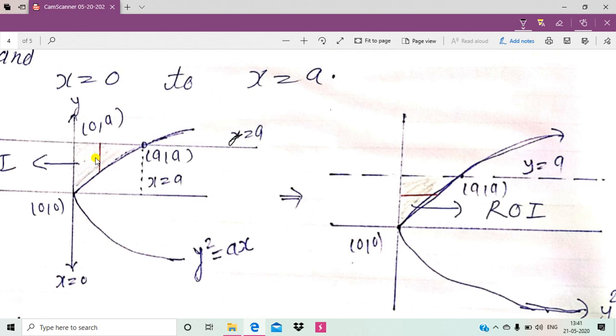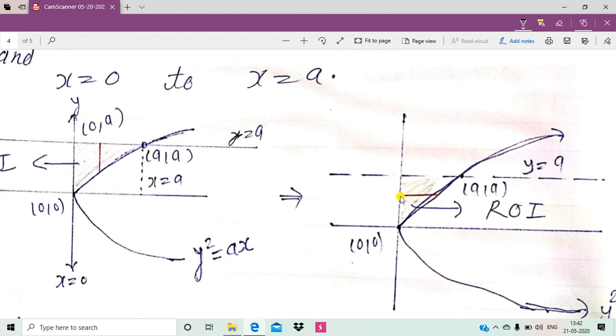So if we have to change the order of integration, then we keep the region of integration constant. We just make the vertical strip horizontal to make the limits of x variable and the limits of y constant. So we try to cover the region by horizontal strips instead of vertical strips. So we make a horizontal strip. Now this will be the lower limit of x, and this will be the upper limit of x.